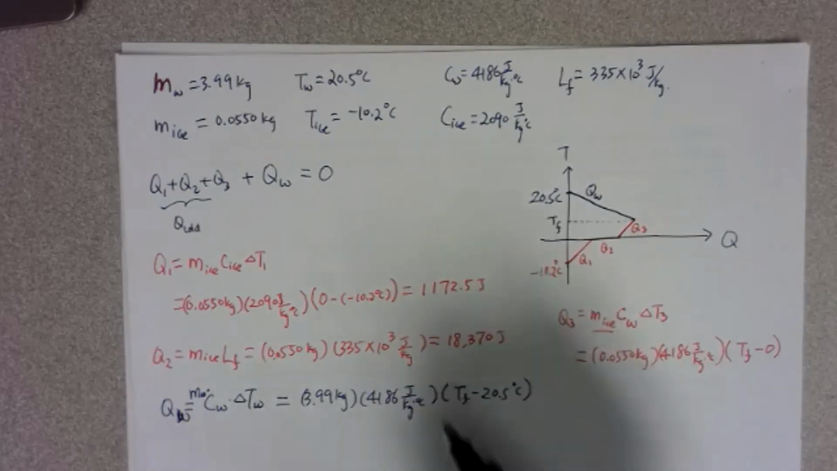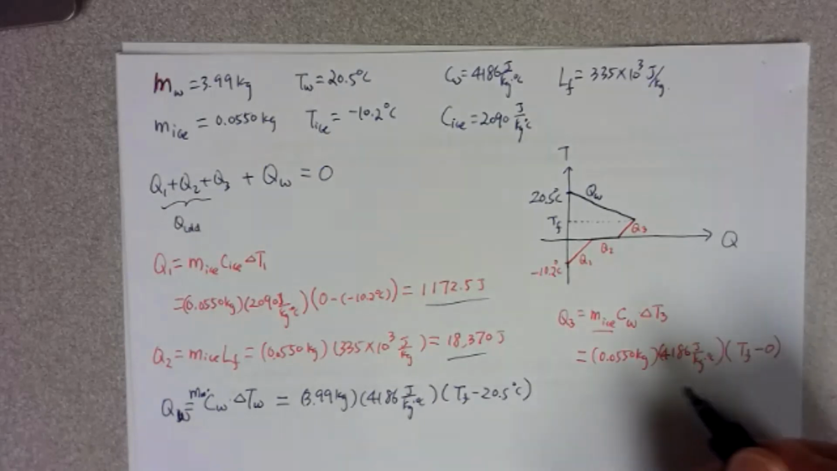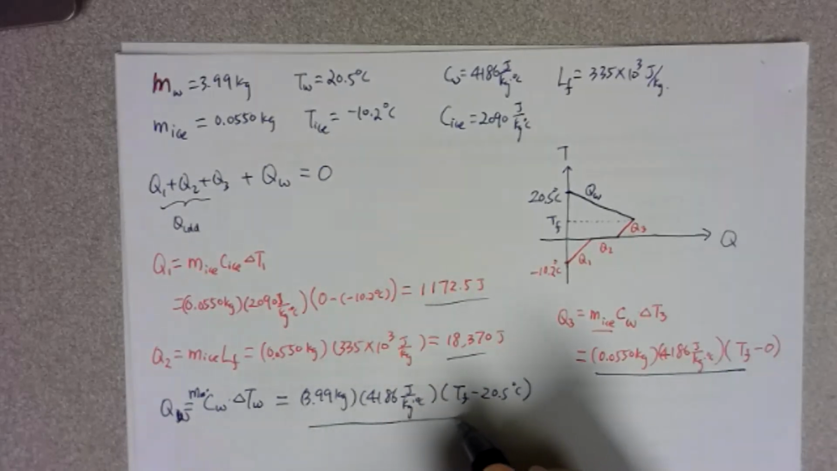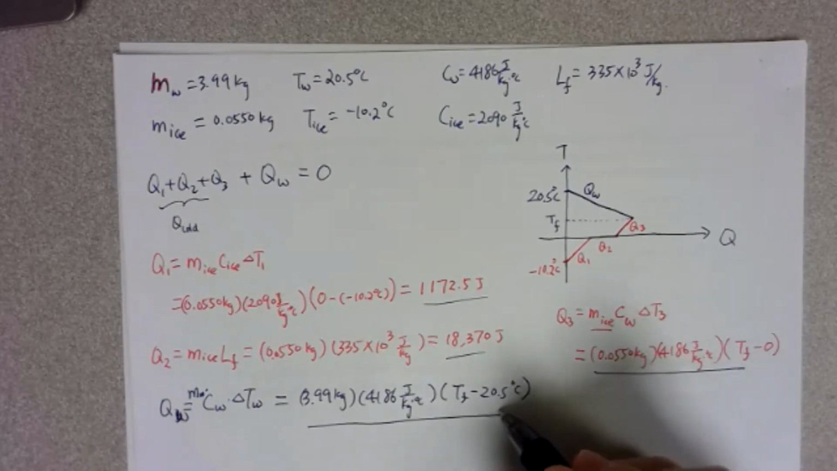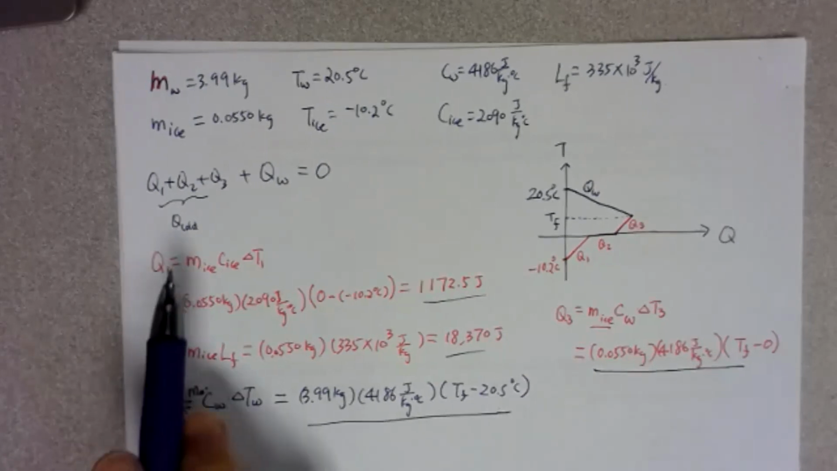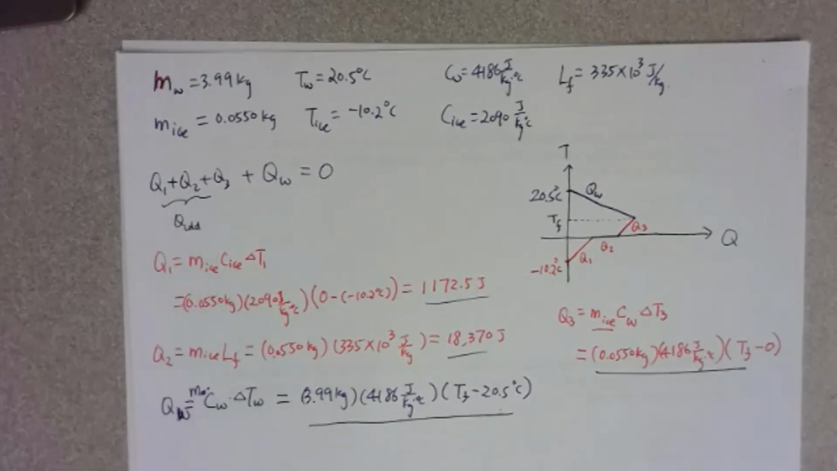So then Q1, Q2, Q3, and this is QW. They should add up to be 0. So we are going to add those up and then set them equal to 0 according to the condition there. Okay, so you're going to say 1172.5 joules plus